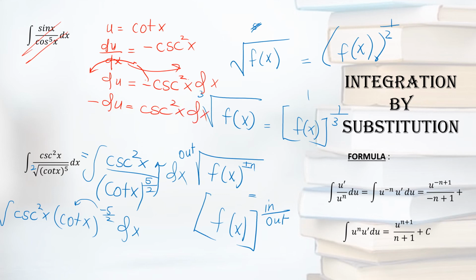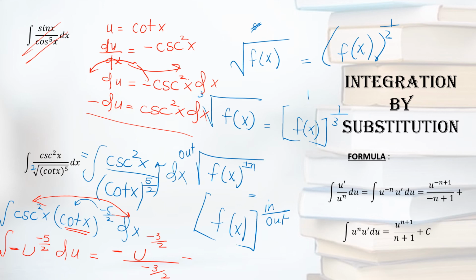Once it is done, convert the whole question into your u form. So in place of cot x, you can write u and the power as it is. Now in place of cosec square x dx, you can write negative du. So negative in the beginning, and du as it is. Apply the power rule. That means you add 1 to the power. So negative 5 by 2 plus 1 will give you negative 3 by 2, upon negative 3 by 2, plus c. Now if you write in the calculator negative 1 divided by negative 3 over 2, it will give you